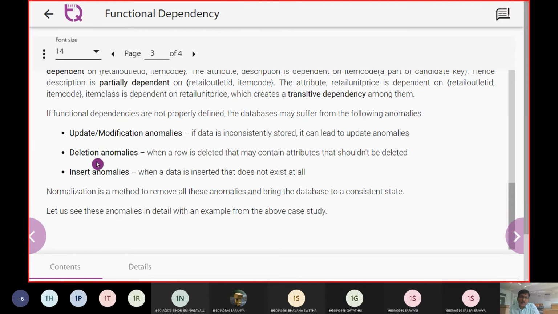So the delete anomaly has to be addressed. Similarly, when I insert some data, other data also gets inserted along with it, but that data shouldn't be inserted. Only the information we want should be taken up, but still the additional data gets joined. So we say an insert anomaly happens.